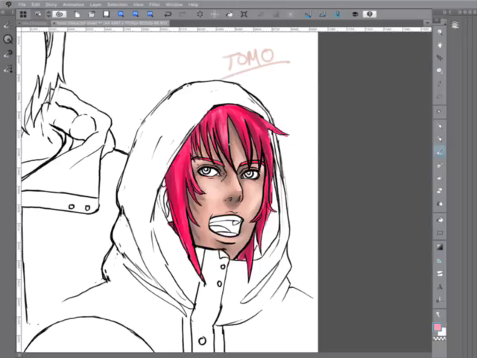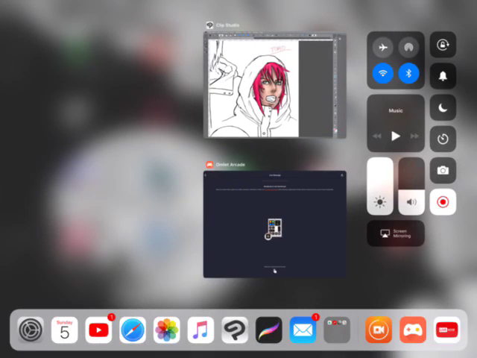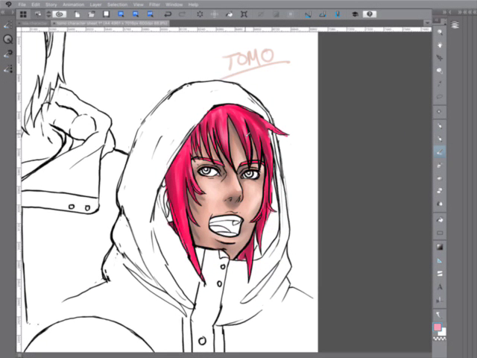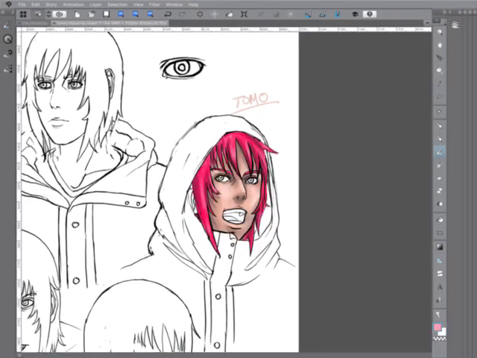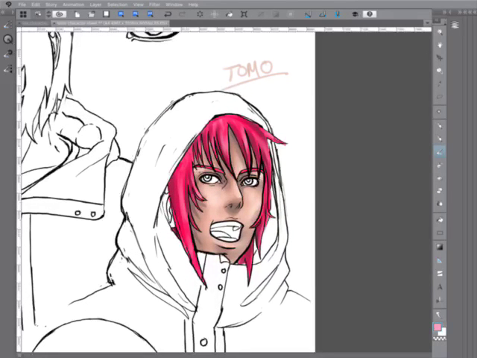I don't want to make it, I mean, it's not true for every character, but in my opinion, characters with really highlighty, really shiny hair tend to look a little bit more feminine just because of that. So I don't want to put too much on it because it's a dude with pink hair. Just enough to try to show some kind of form. Whatever, that works.